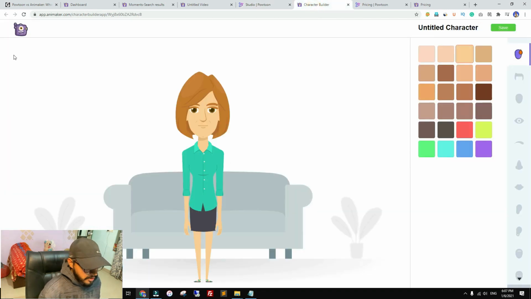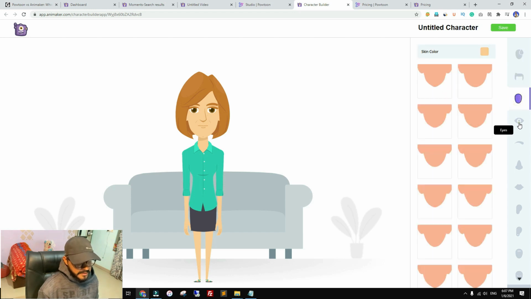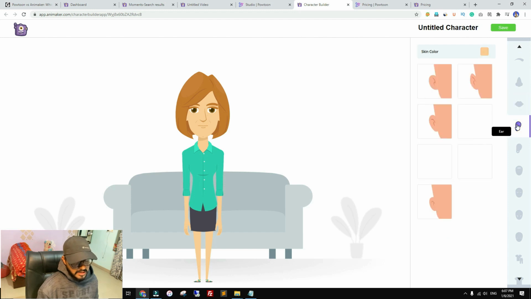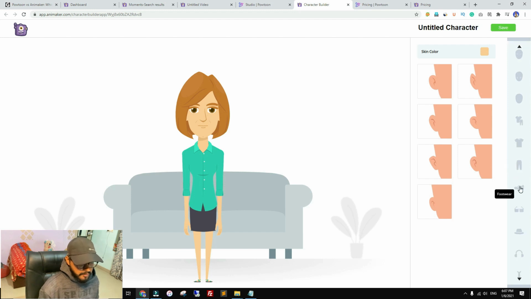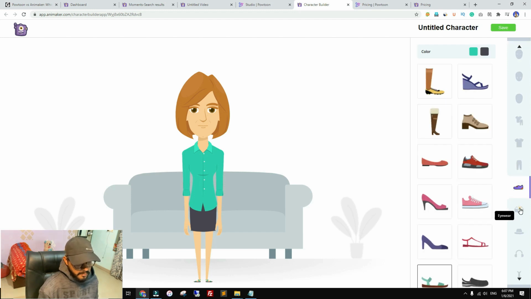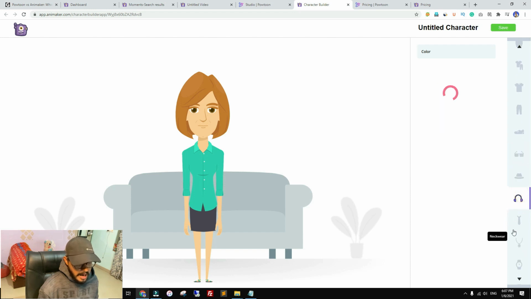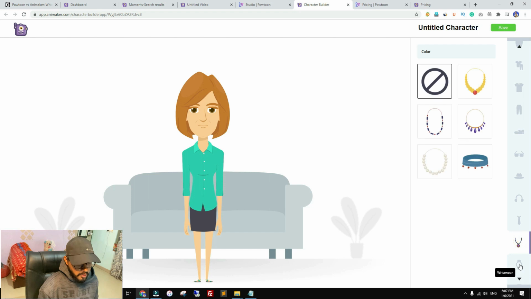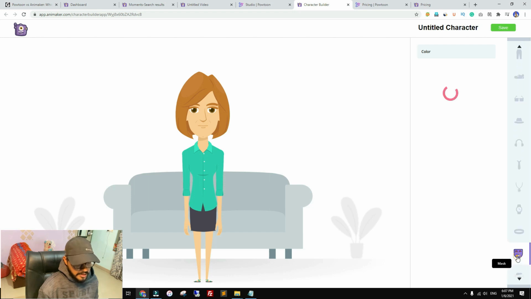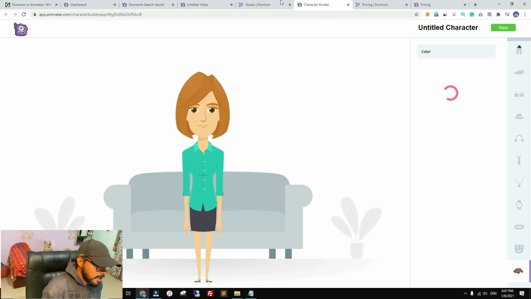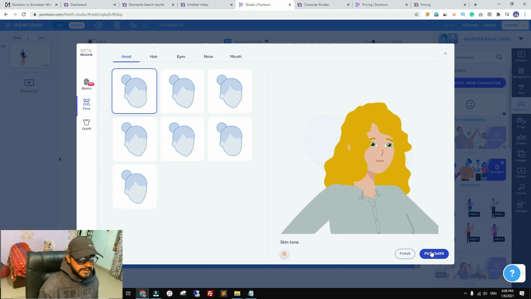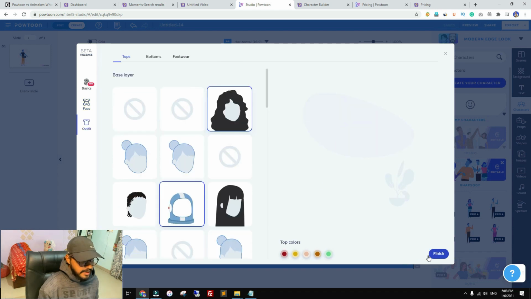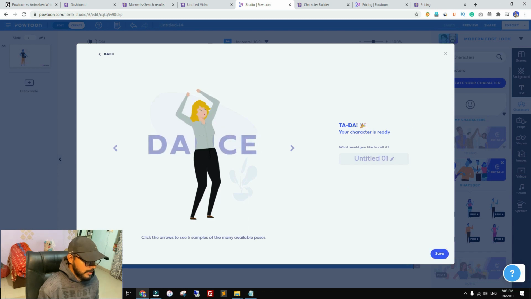Then inside Animaker you can customize everything. Here you can choose different hairstyles, hair color, face shape, eyes. I mean, these things are also available inside Powtoon. However, there are a lot of things that are not available inside Powtoon, for example footwear. Eyewear, okay, hat, headphones, neckwear, jewelry, watch, and headband. You can even apply a mask and tattoo. You are not getting these in Powtoon, but Powtoon also has some special features that are not available inside Animaker. That is okay. Let me go back.